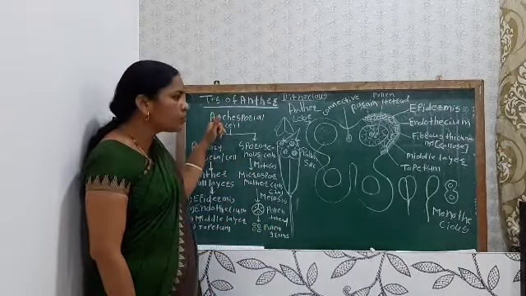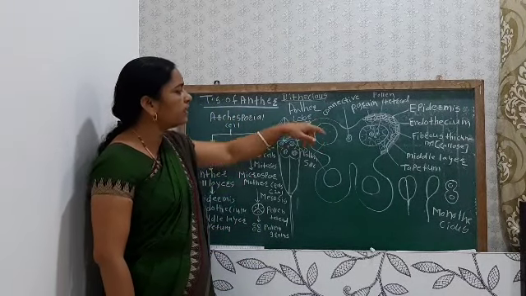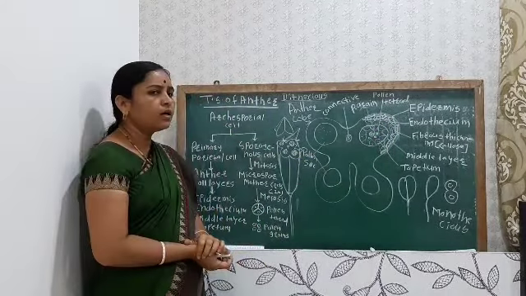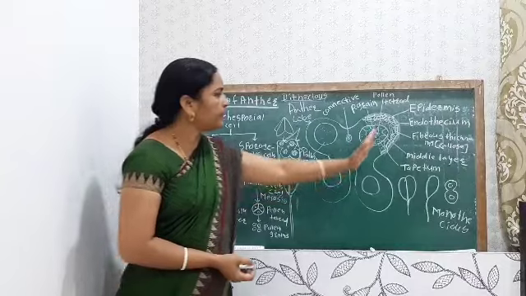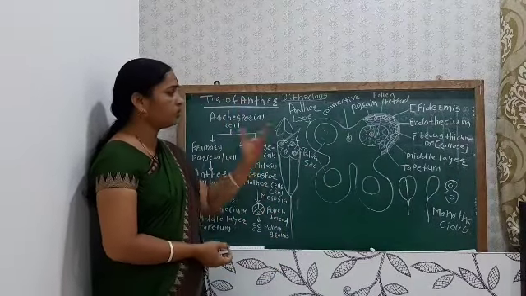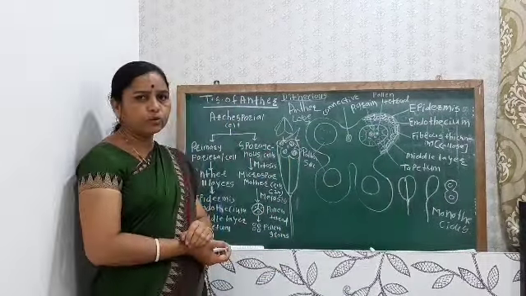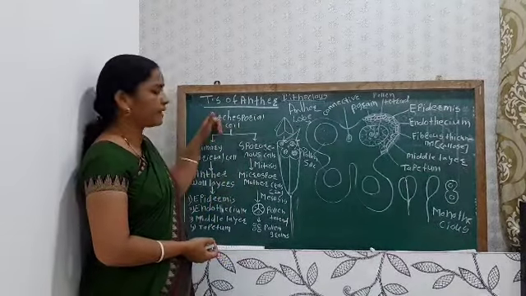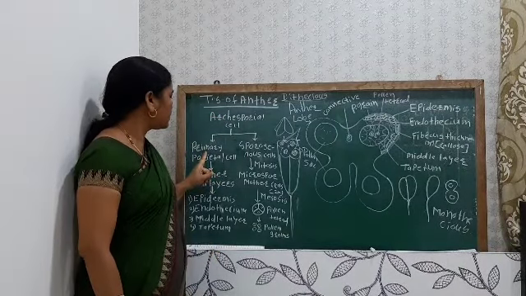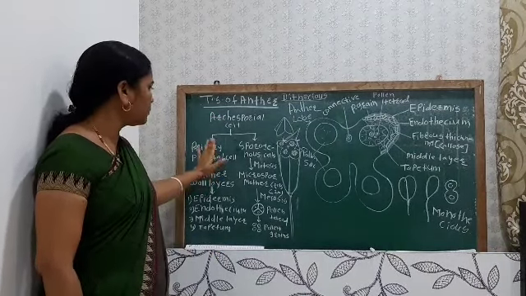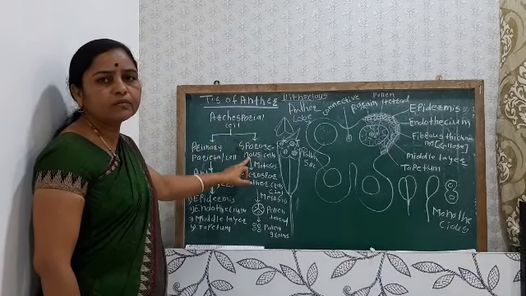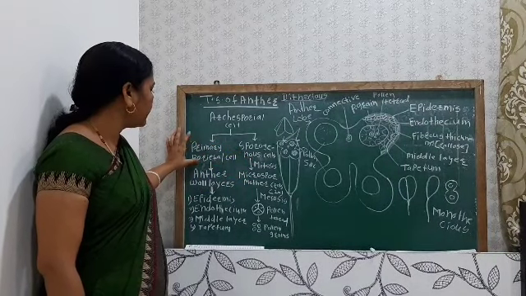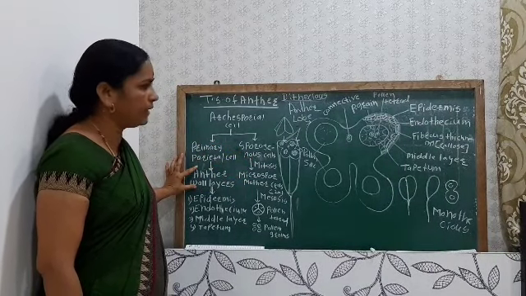The archesporial cells in the immature condition divide, and on the outer side there is the formation of the anther wall, and on the inner side there is the formation of pollen grains or microspores from the sporogenous cells. So the archesporial cell produces the primary parietal cells towards the outer side, and sporogenous cells towards the inner side. The primary parietal cell again divides and produces the anther wall layers.